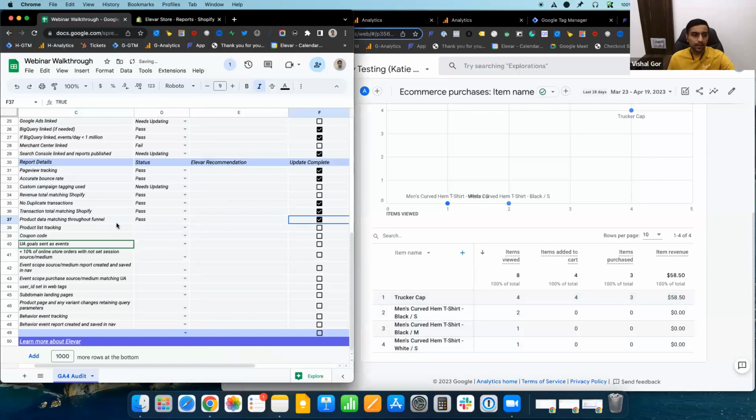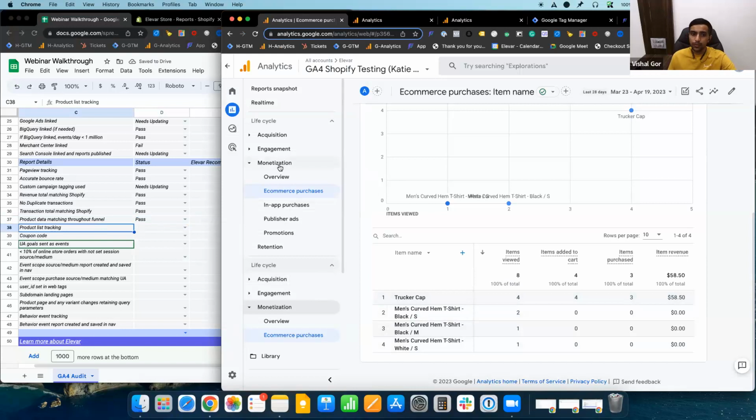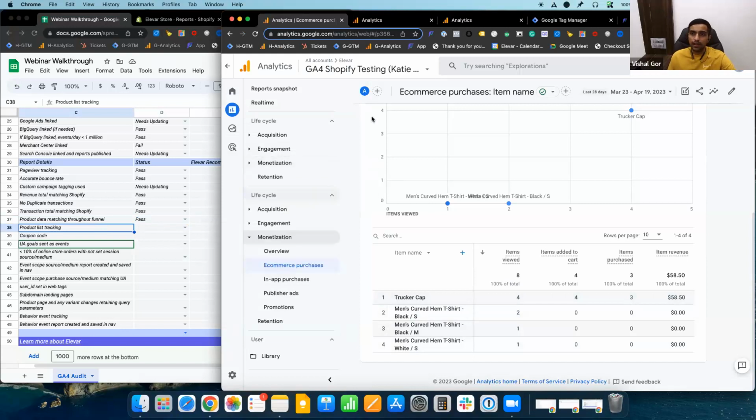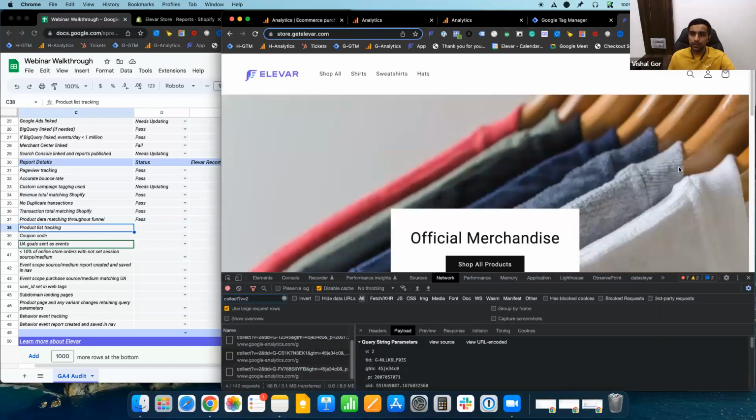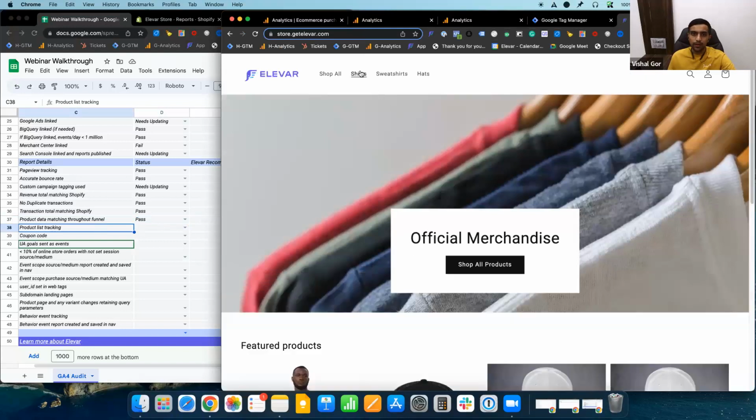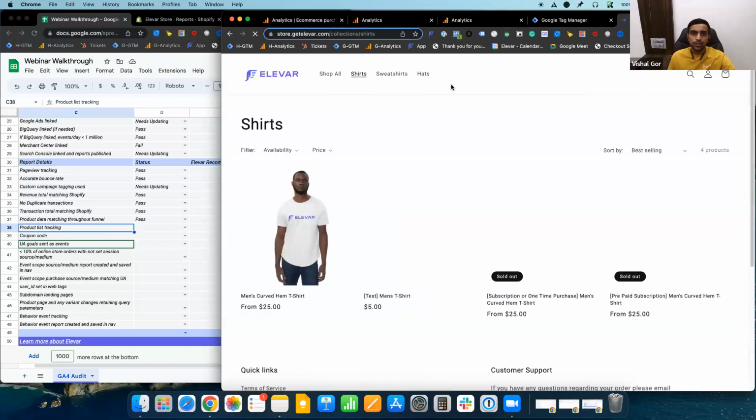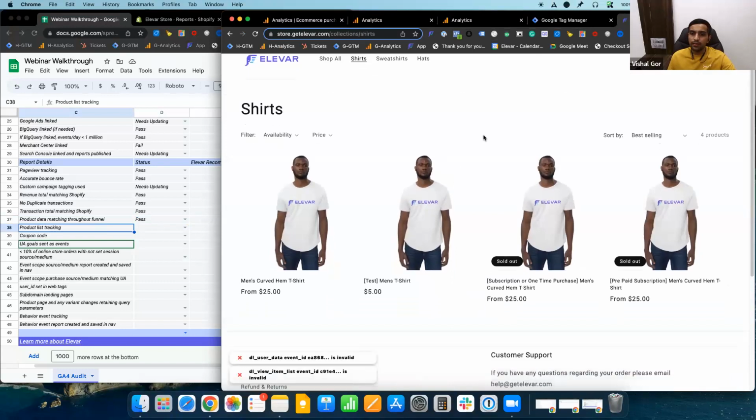All right, once this is done, you need to check product list tracking. Product list is the collection pages data. So let's say I'm on my store and I click on shirts. Shirts is a collection, and if I click on any of the products from here and end up purchasing